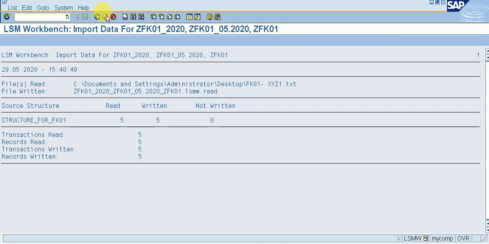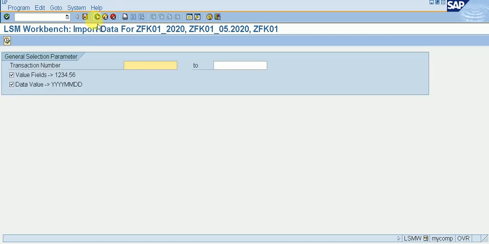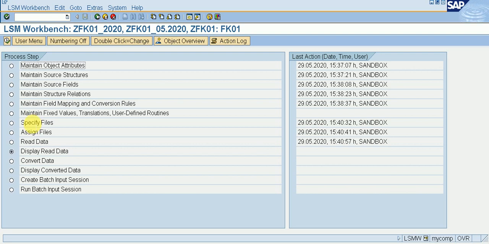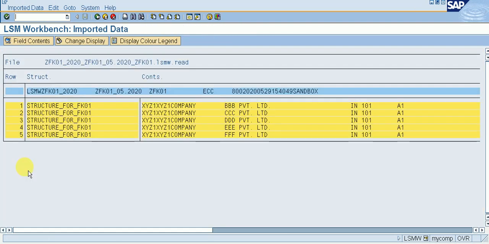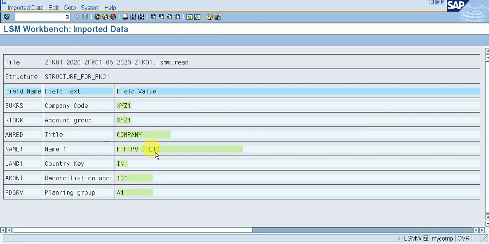So it means 5 master data we are uploading here. Display read data, execute it, enter it, we can see our data here.